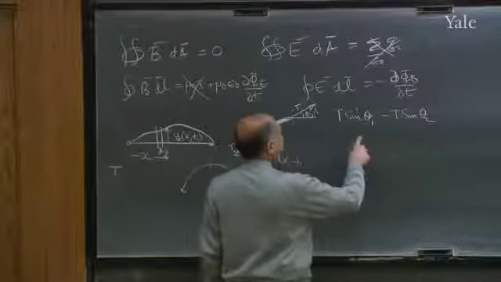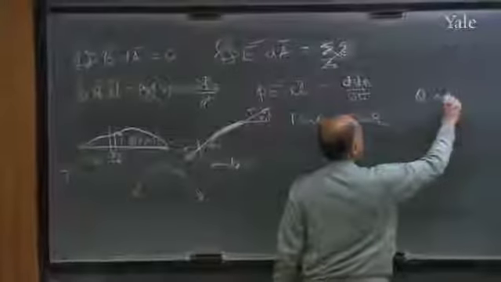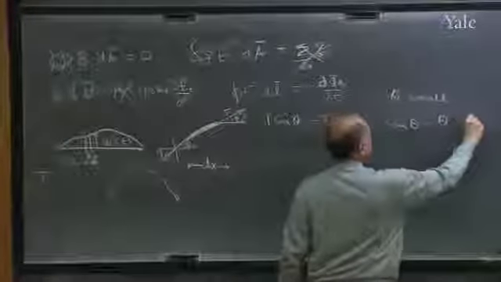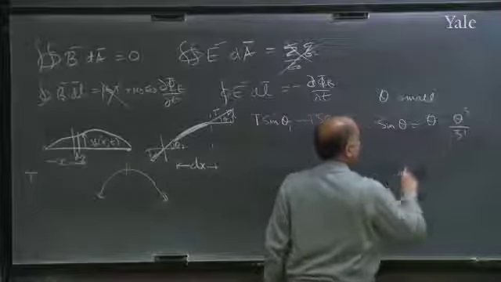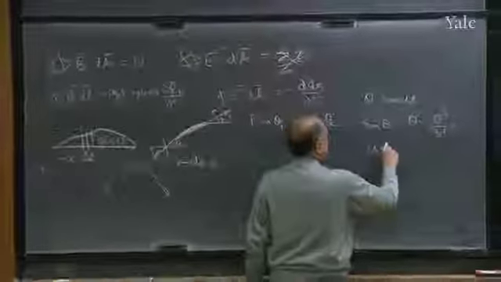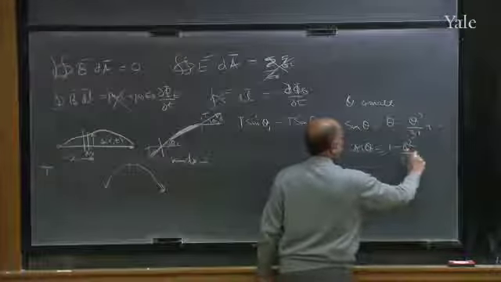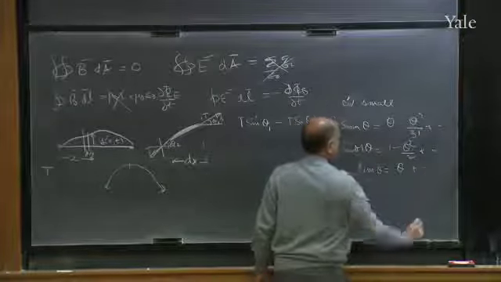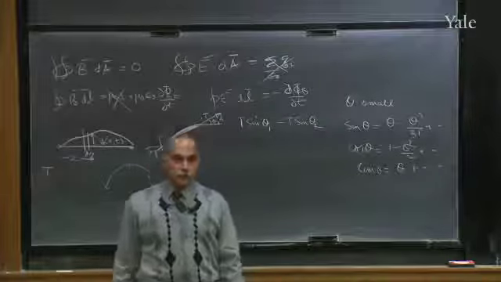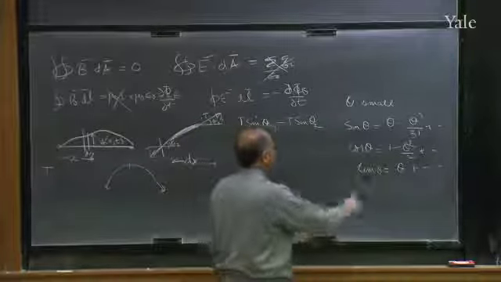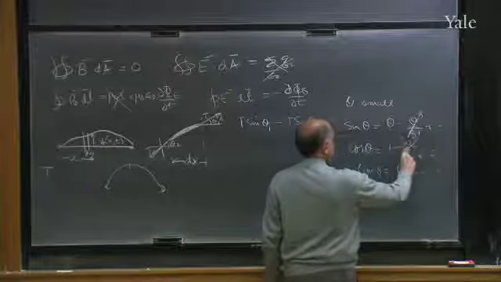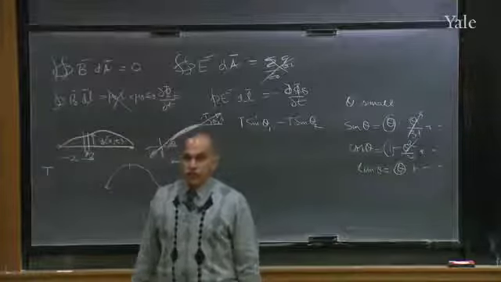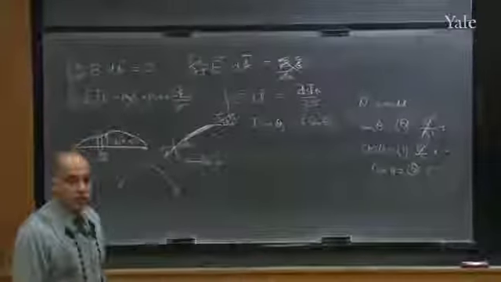Now, the approximation I'm going to make is that theta is small, measured in radians, and I remind you that sine theta is essentially theta minus very small corrections, and cosine theta is 1 minus theta squared over 2 plus corrections, and tan theta, which is the ratio of these, is theta plus other corrections. For very small theta, you forget those corrections. You keep things of order theta in every equation. So for small angles, cosine is just 1, and sine theta is theta.